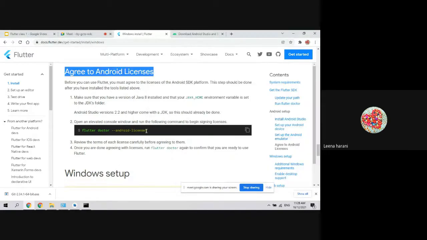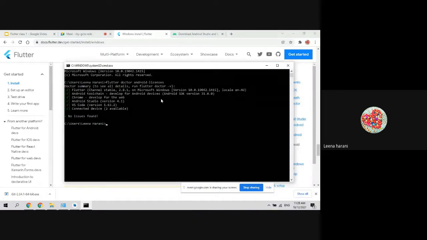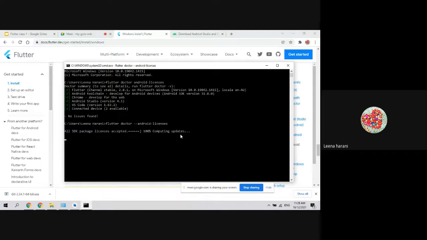Yes, I've made a mistake. Let's just copy. You just need to type this command, flutter doctor --android-licenses. This will accept all the licenses, and after accepting all the licenses successfully,